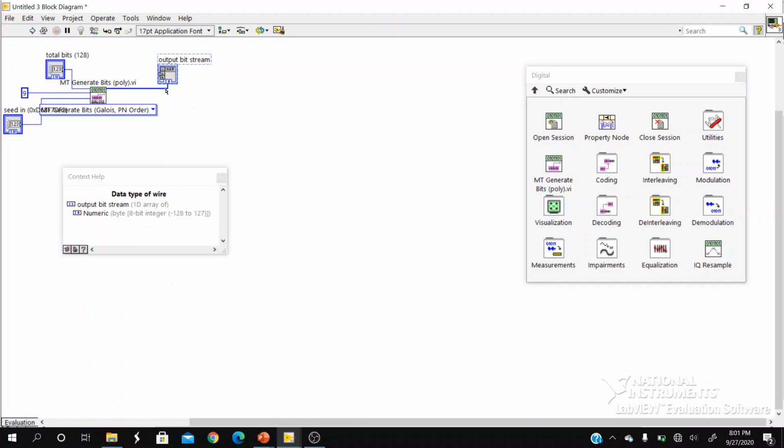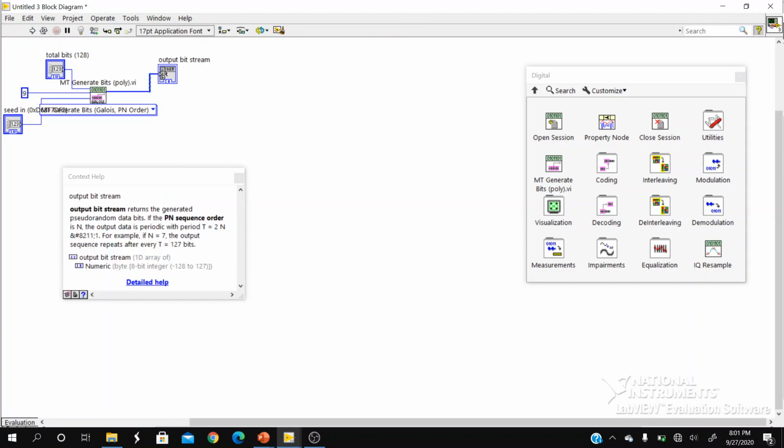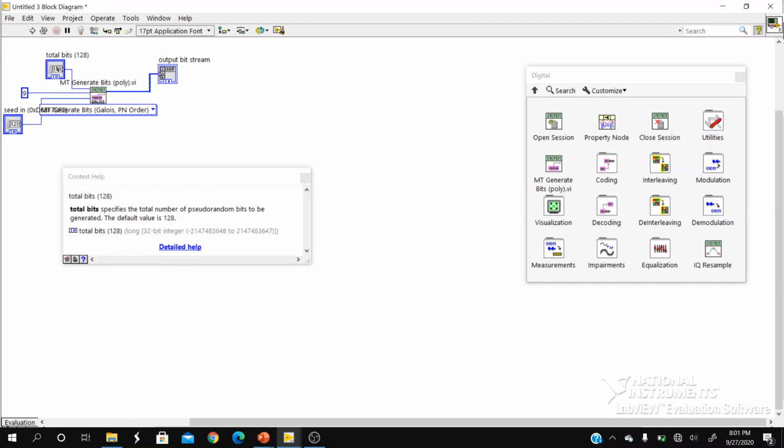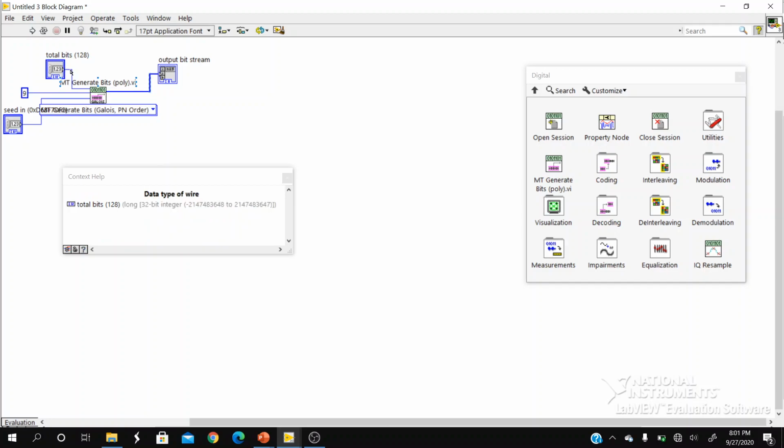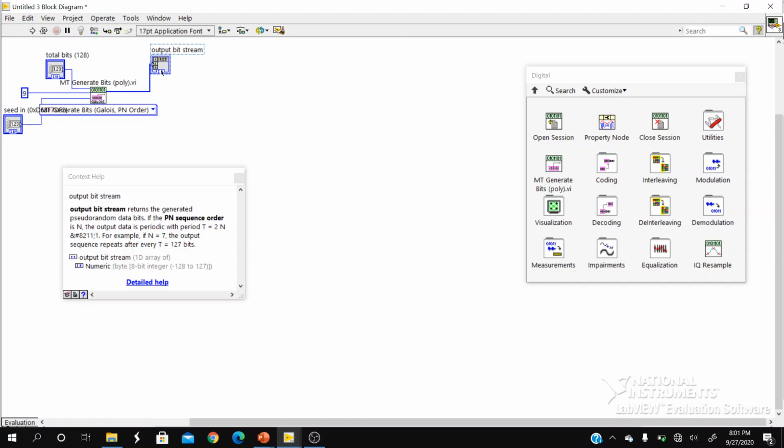Whenever you connect a wire to one of the blocks as an input, you can see the arrow mark will be on the left side, which means it is accepting the value. Here on this side, you can see that I'm providing this value as an input, which means this value is the output for this block. Thereby the arrow mark is on the right hand side. I hope you got the clarity about this. We shall move further. This is the information source for generating the random bit stream.